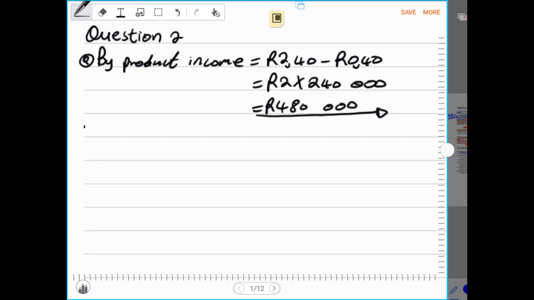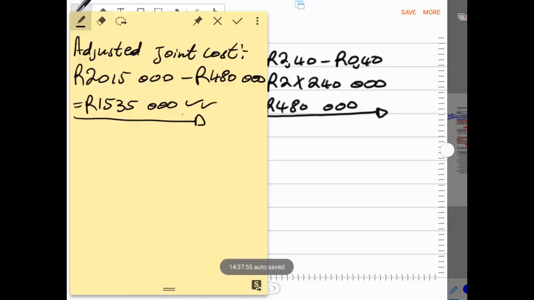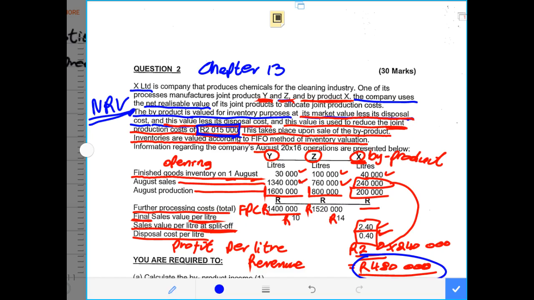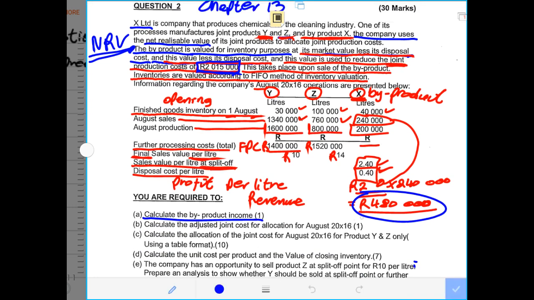So now this was the first requirement for us to calculate the byproduct income, and we have calculated the byproduct income as 480,000 rands, as I have reflected to you. Then the next question, which is question number B, says that we must calculate the adjusted joint cost,